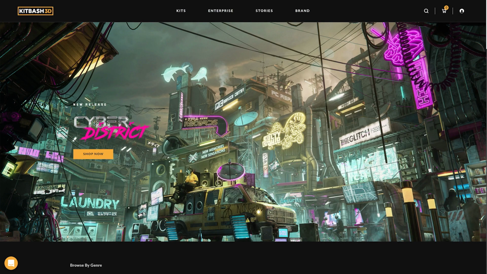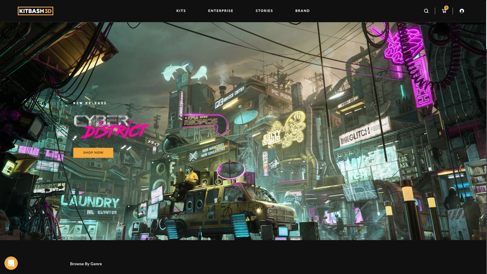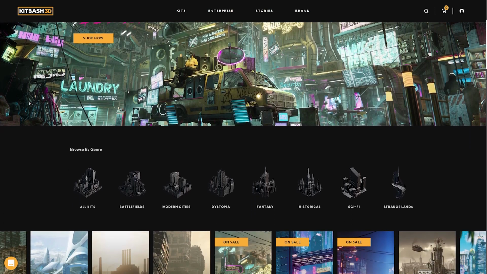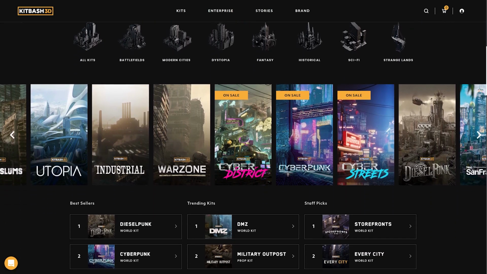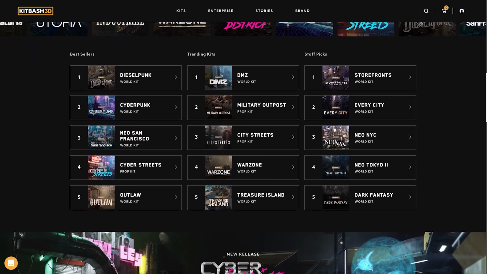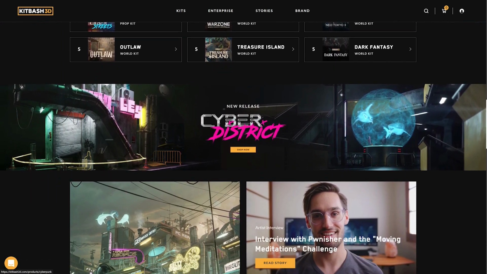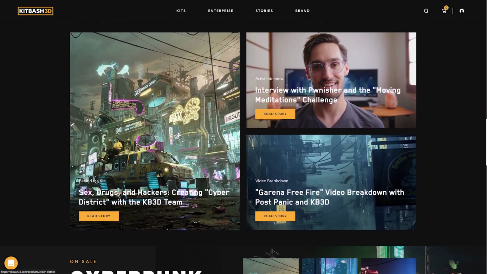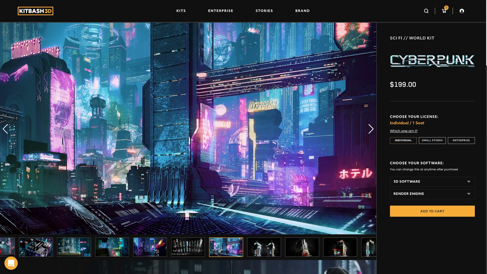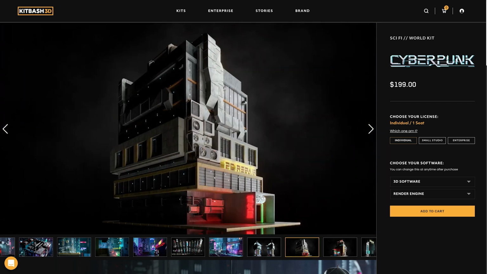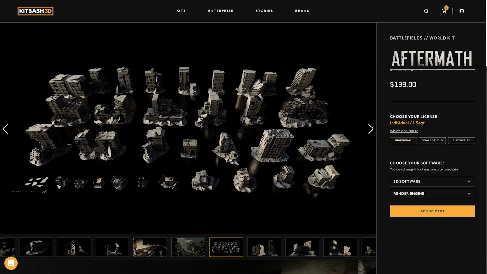To get started, we first have to download a free kit from kitbash3d.com. Kitbash is home to the industry's most premium and versatile 3D assets. These assets have been used across the industry in many of your favorite movies and video games. With them, you can build any world you want, whether that's a cyberpunk city, post-apocalyptic war zone, or a pirate